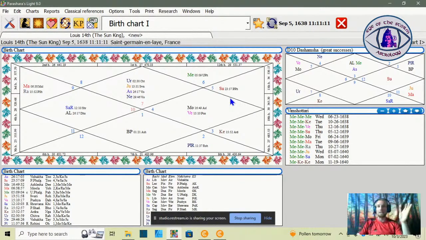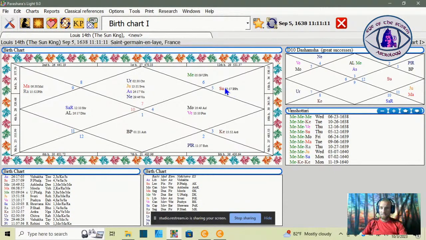We also want to keep in mind that the 11th and 10th houses, depending on what time of the year it is, are going to be about where the midday sun is. So this is also where the sun receives its full directional strength. Why is this important? Well, it's literally in his nickname. Historically, and this isn't based off of charts, this is just who he's known for, he was known as the Sun King because he had such a long, prosperous reign.